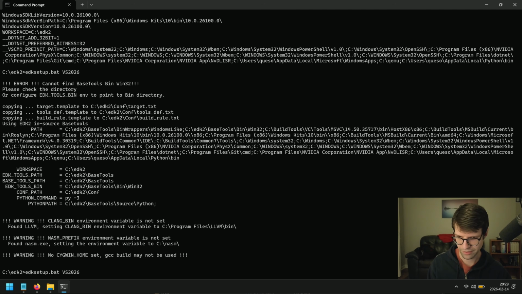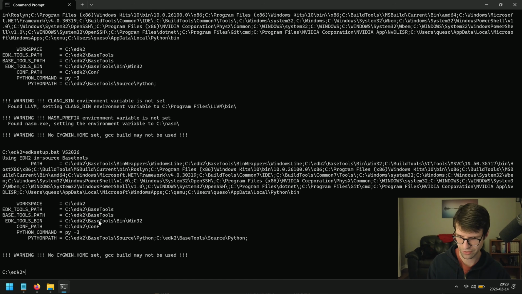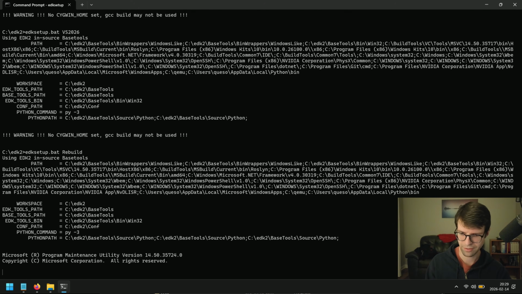If we run it again, we should have fewer warnings. It'll just show the same things here, because those were set the first time. All right, so to actually build this stuff, I'm going to do rebuild. You can also do force rebuild in the future if you want to remake these. But if it's the first time, we can just do rebuild, and it should build them